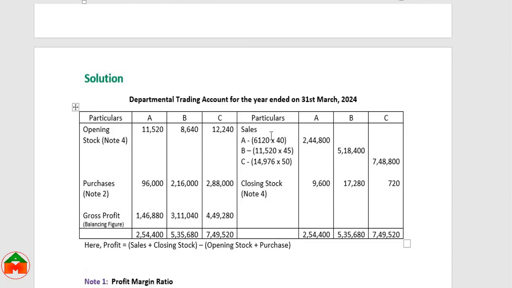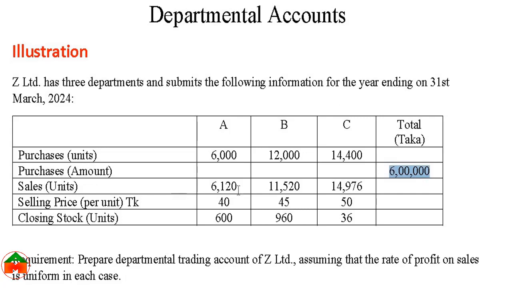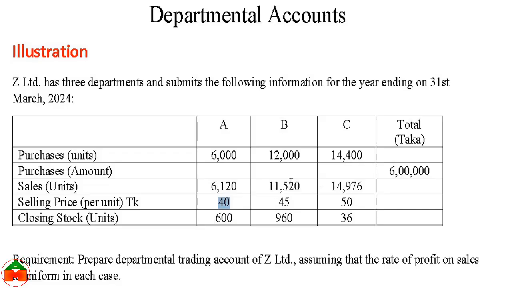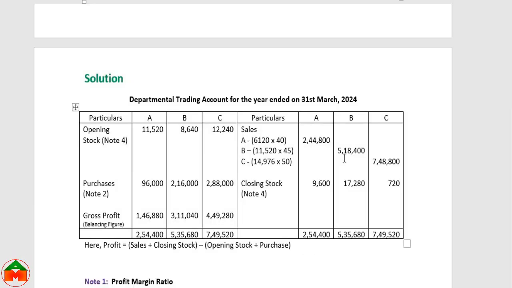First of all, as you can see, we have to write the sales. From the question, you can see the sales unit is 6,120 and the sales price is 40. If you multiply these two amounts, the sales amount is 2,44,800 for Department A. In the same way, the sales unit is 11,520 and the sales price is 45. If you multiply these two amounts, you will get the sales for Department B, which is